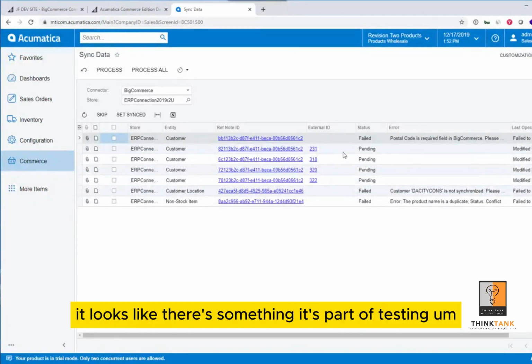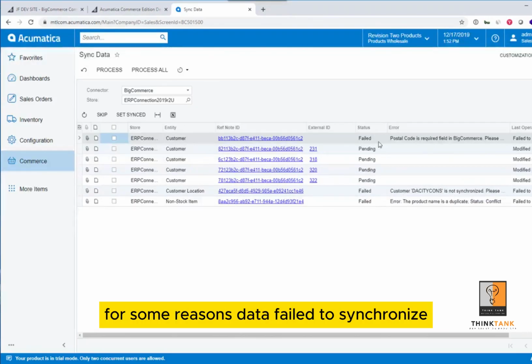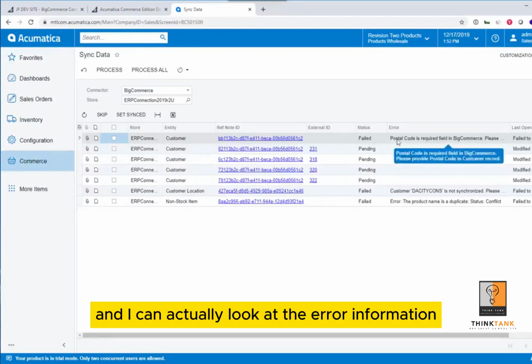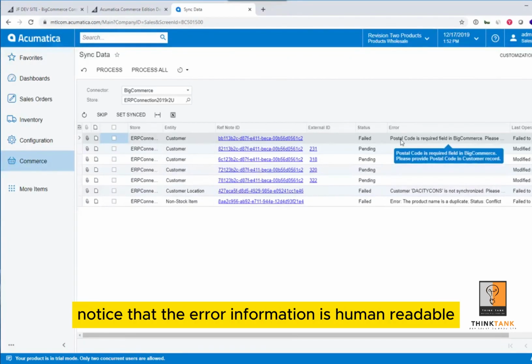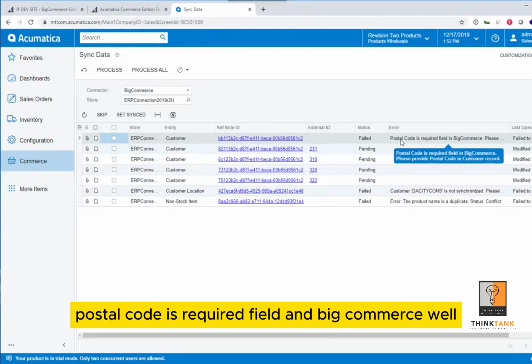It's part of testing. But then there's also information here where for some reason data failed to synchronize, and I can actually look at the error information. Notice that the error information is human readable. Like, this actually makes sense to me. Postal code is a required field in BigCommerce. Well, it's telling me that